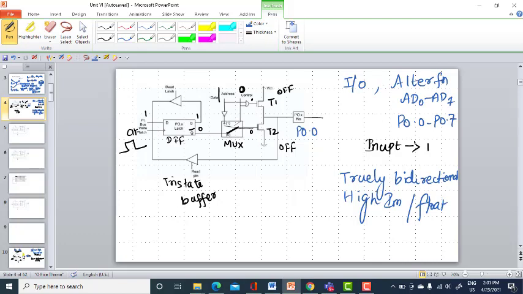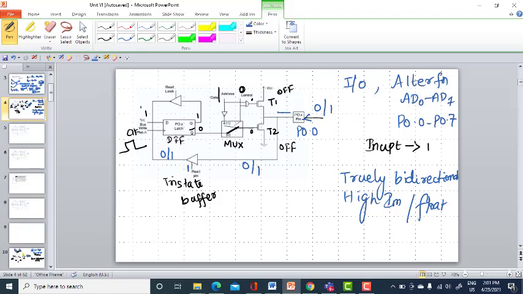In that case, whatever data is being placed at the input of the port pin can be forcefully read here, either 0 or 1. It will be read only if the read pin of the tri-state buffer is high. This data will be placed here, either 0 or 1, whatever is available at the input.